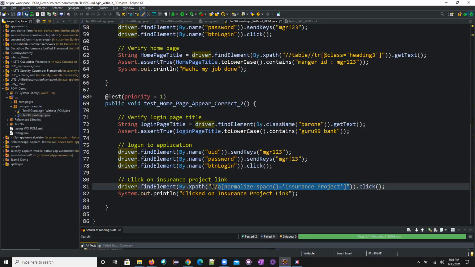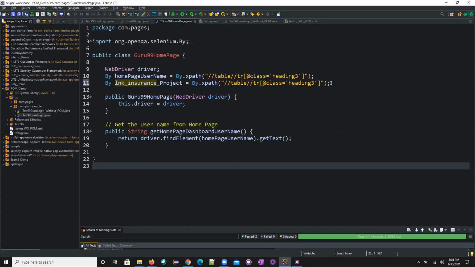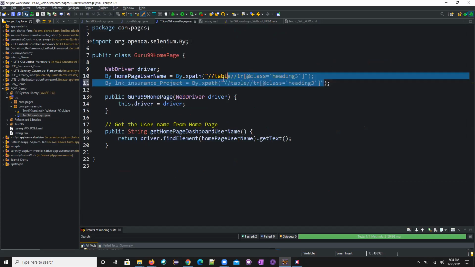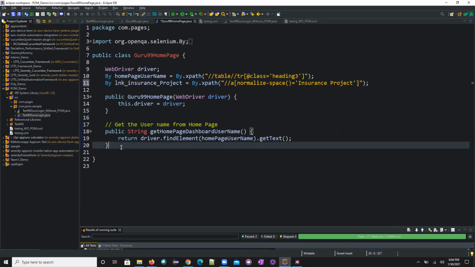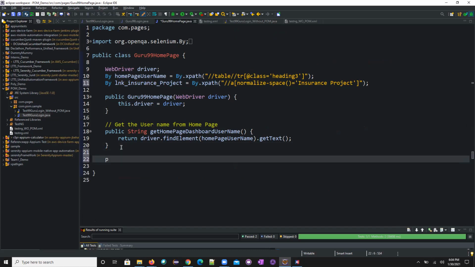So in this particular home page, I'll come over here and paste that. So here, this is the insurance project. Now I wanted to click on that particular thing, right? So I'll write a quick method. Public void, click on insurance project.